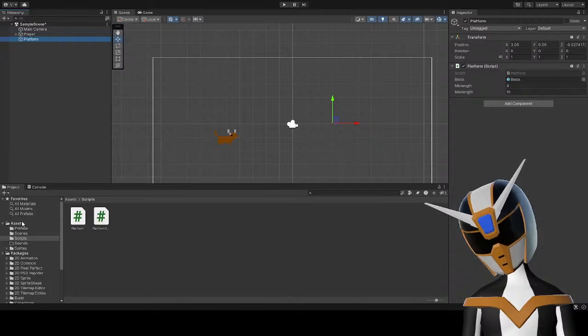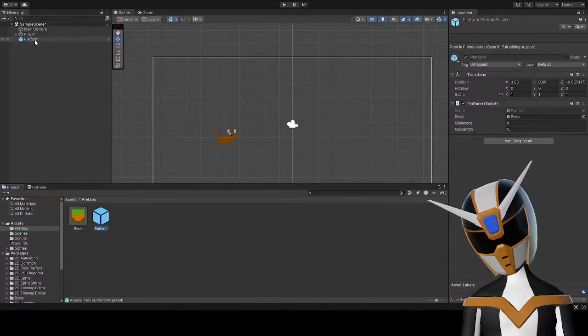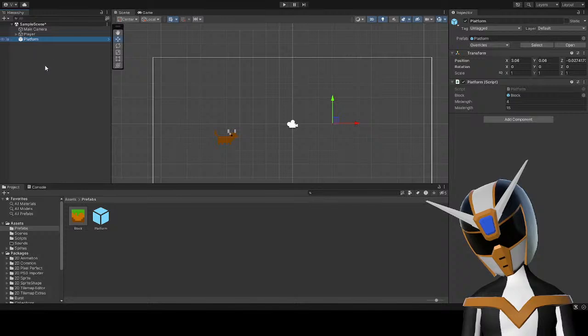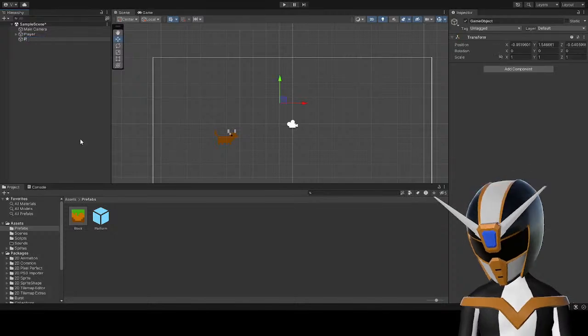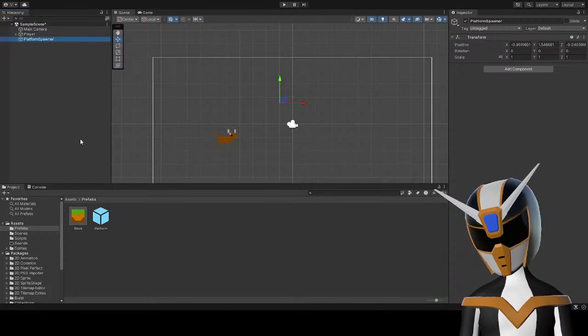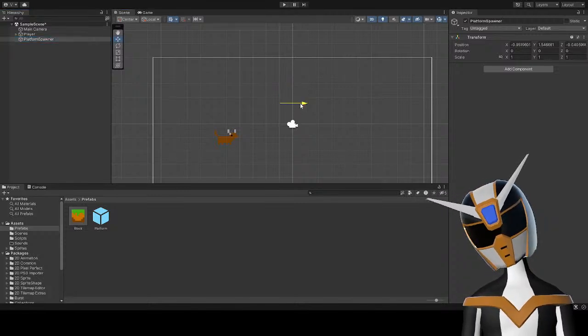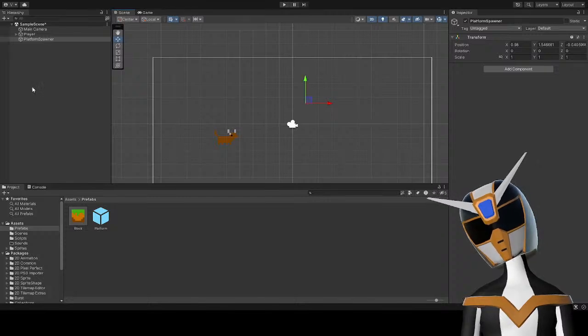Let's make this into a prefab. Platform prefab. It doesn't have a sprite or anything, but that doesn't matter. So let's create an empty game object, call it platform spawner. It doesn't really matter where I put it right now. At the end, it's going to be at the very right side of the screen, but right now I'll put it here just for the sake of testing things.